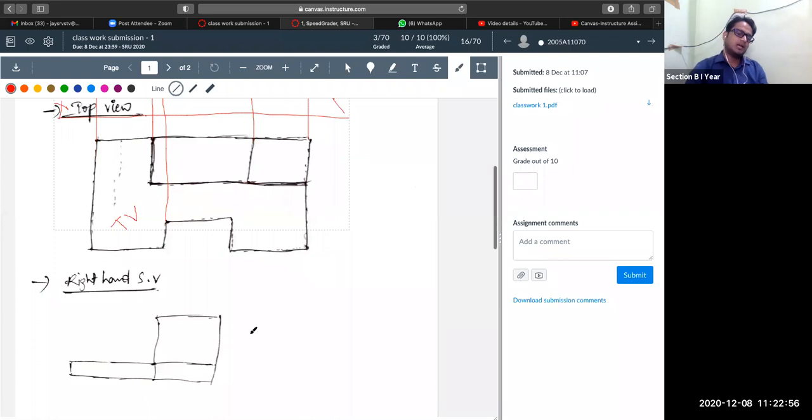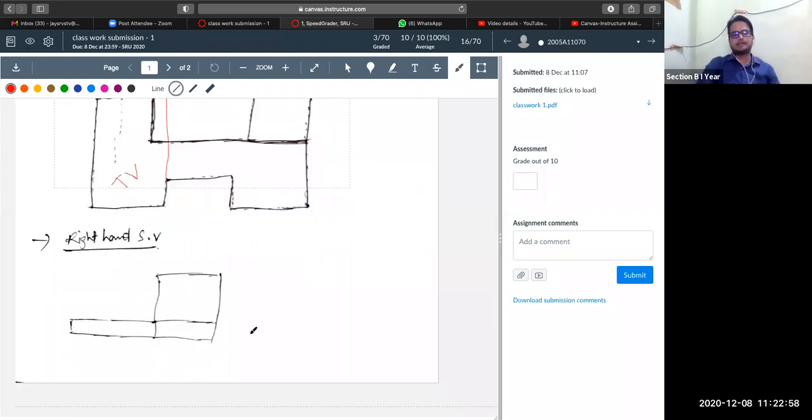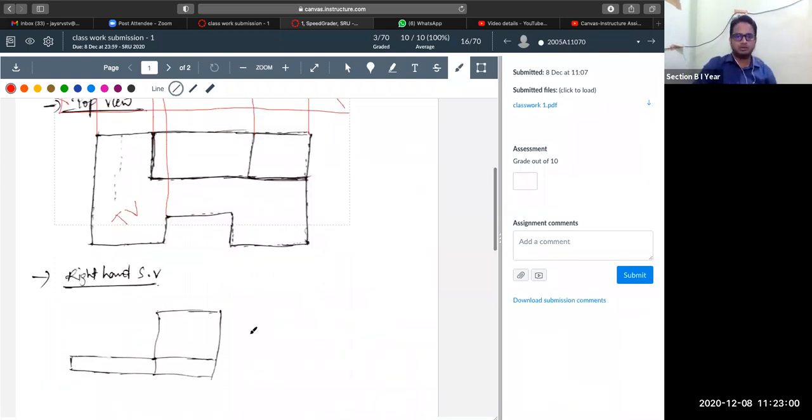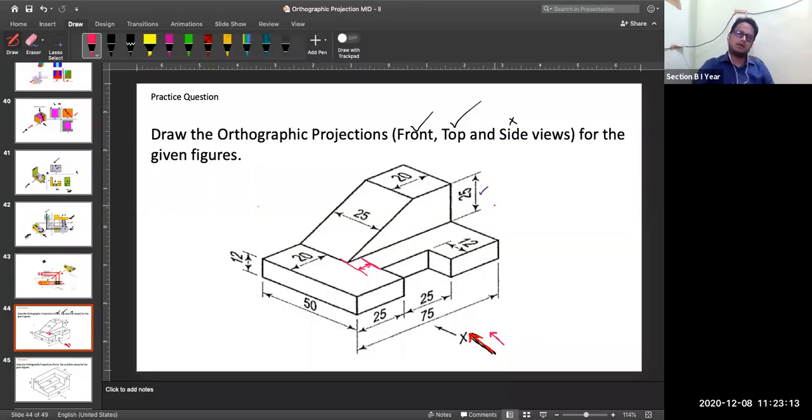Okay. If I talk about the right hand side view, if I look at this object from the right hand side, let me share that PPT once again. Yeah, this is the front view of the observer, meaning the observer is looking from this side. So his right hand side will be this way.